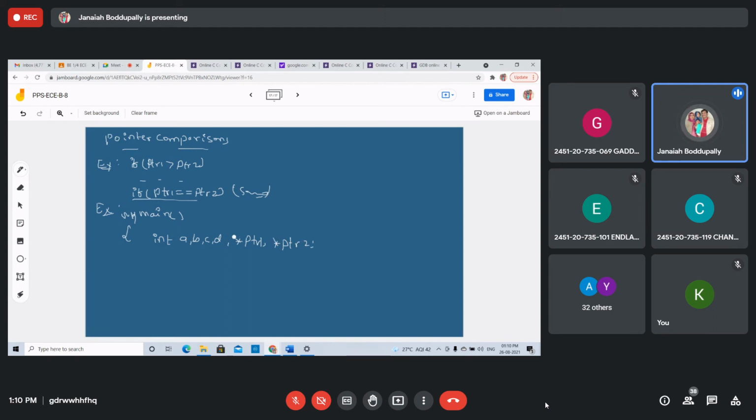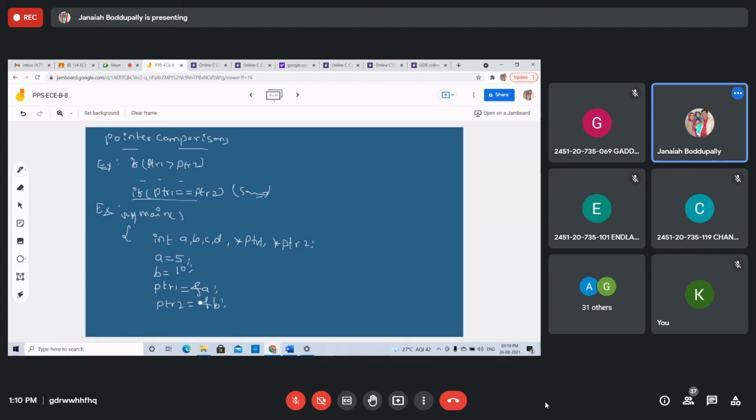Now I'm assigning some values, initializing a equal to 5, b equal to 10. All these are integer variables. The address of a is stored in pointer 1, and the address of b is stored in pointer 2, 2 pointer variables.